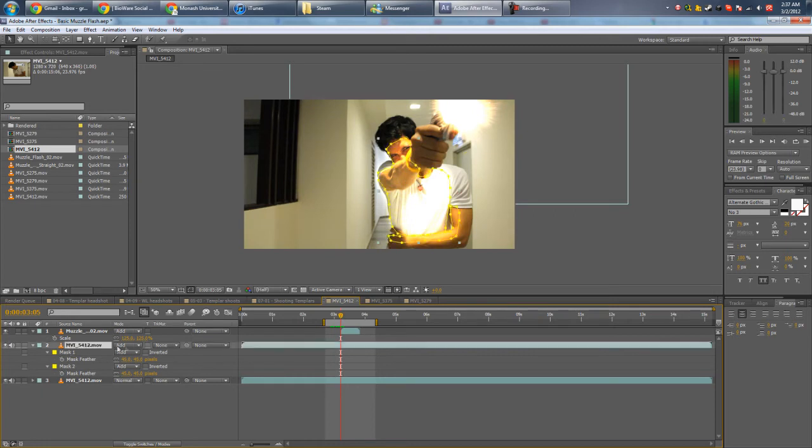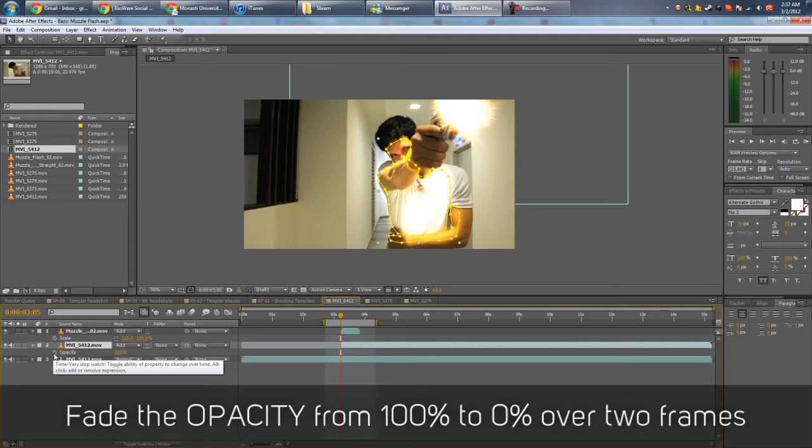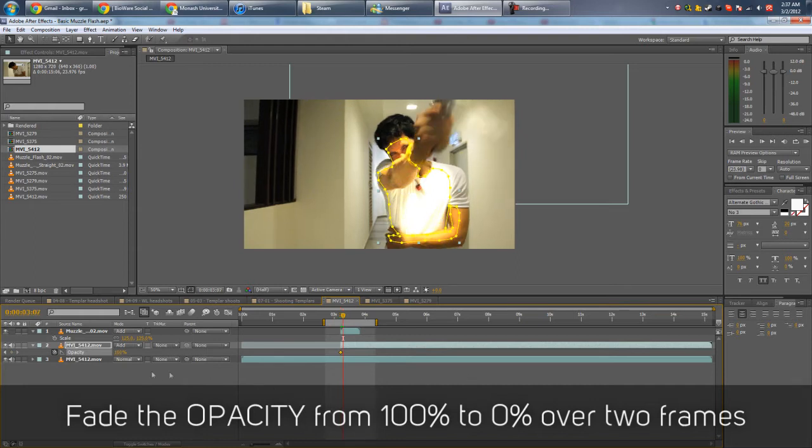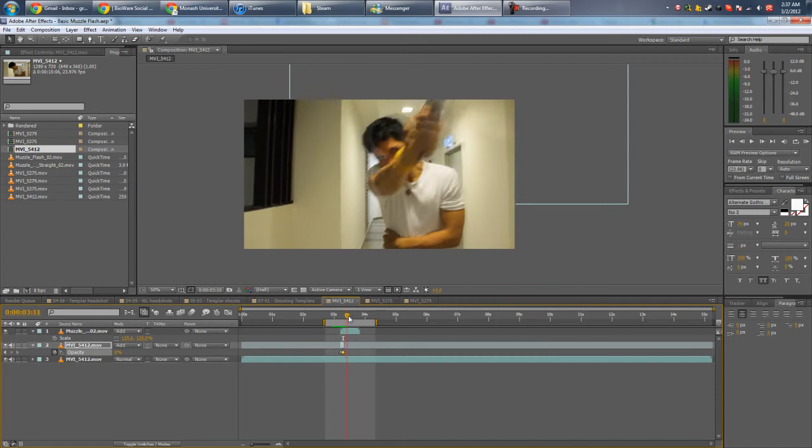And then we want to fade it in and only make it last 2 frames. So Alt begin bracket, hit T on your keyboard, set a keyframe using the stopwatch, go down 2 frames, 1, 2, set another keyframe. Drop the opacity to 0, and then Alt end bracket. So it's just